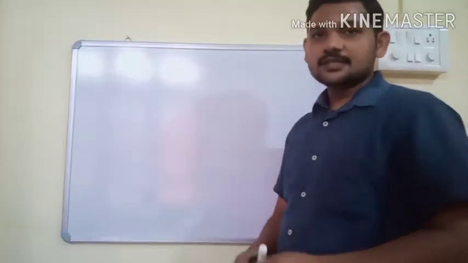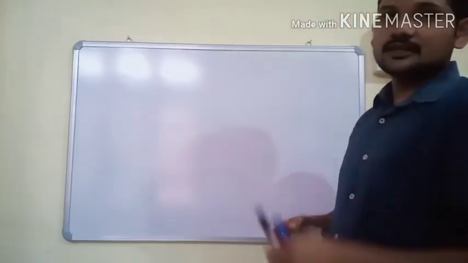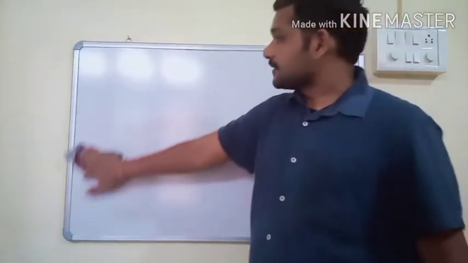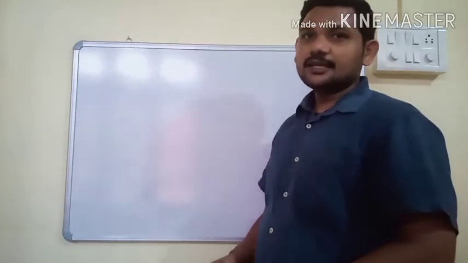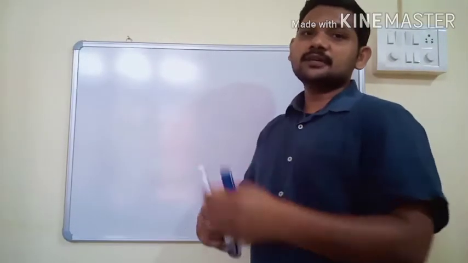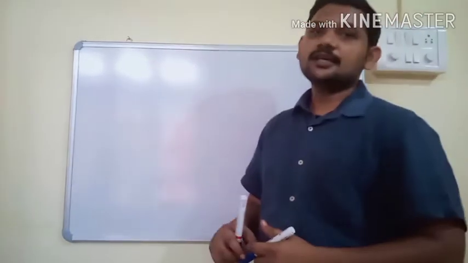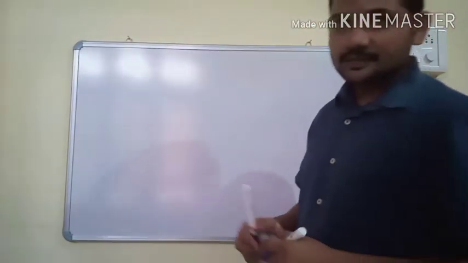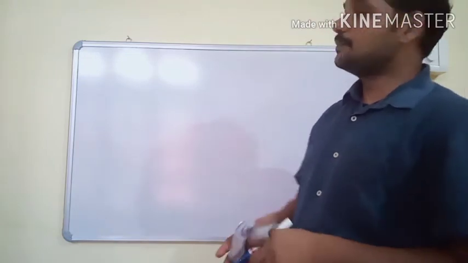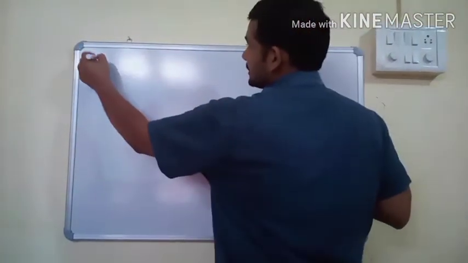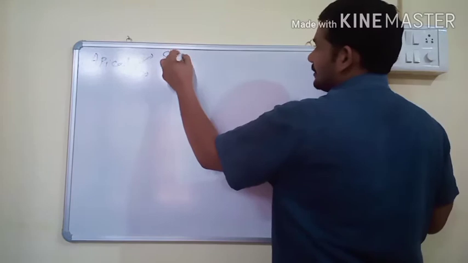Good morning students. In the previous video we discussed different types of meristematic tissues based on their location. Based on location, meristematic tissues are of three types: apical, intercalary and lateral. Apical meristematic tissues are again of two types. If the apical meristematic tissue is present at the shoot apex, it is called shoot apical meristem. If it is present at the root apex, it is known as root apical meristem. So apical meristematic tissues are of two types: SAM and RAM.